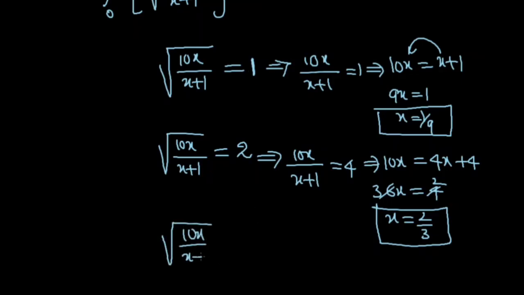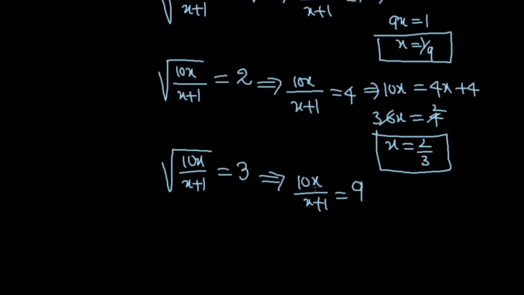Now let's check it out. At what value of input is it breaking? Okay, so this is 3. The range is 3, I mean the output value is 3. At what value of input is it breaking? We'll check now. So squaring on both sides, 10x divided by x plus 1 is equal to 3 squared, 9. So when I get 9 here,